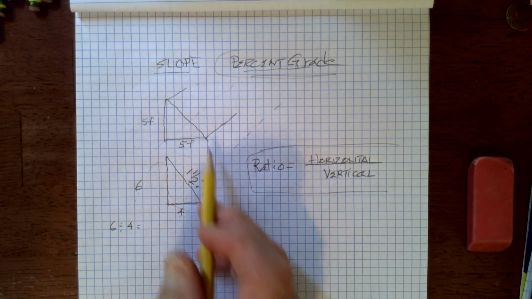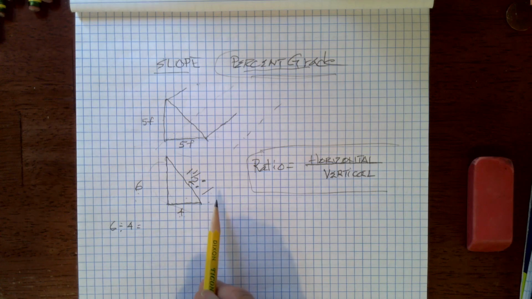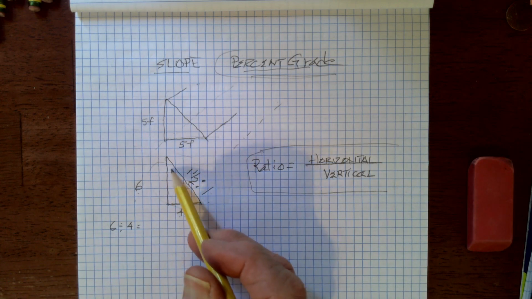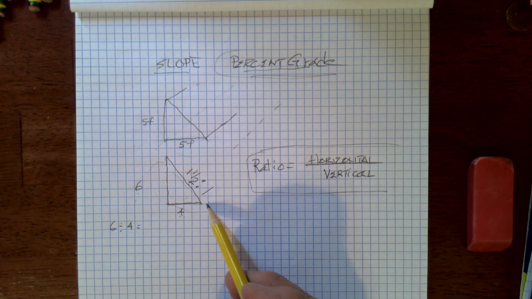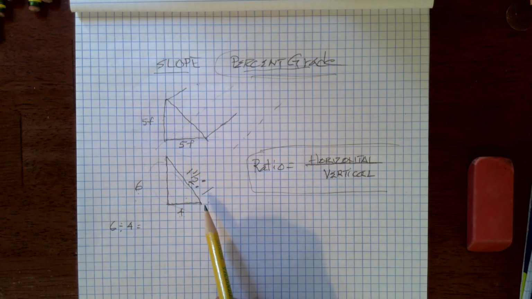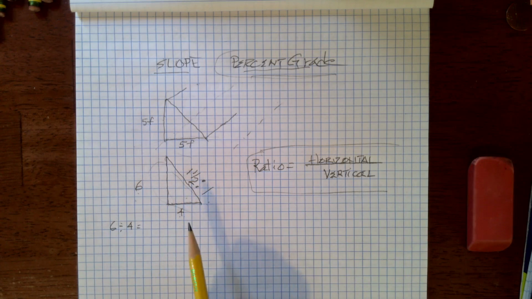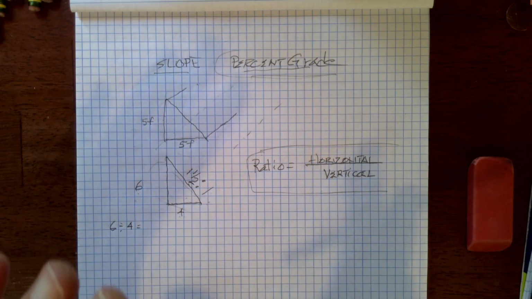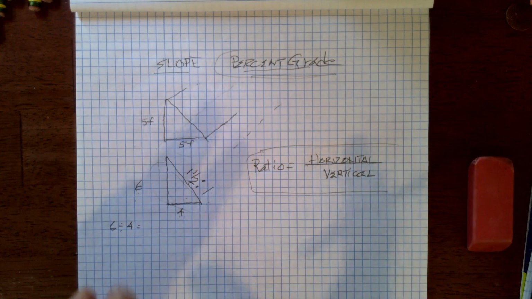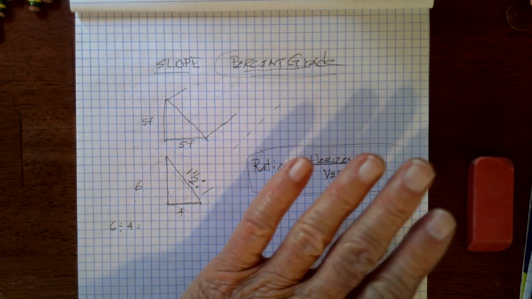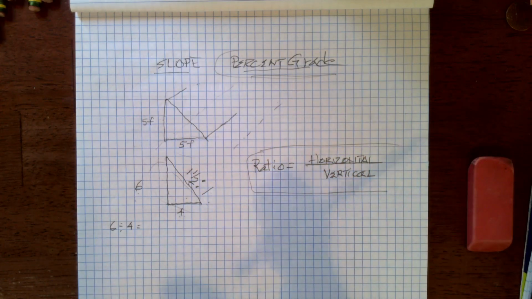So percent grade is similar to this, and it's used in the same thing, but it's used in gradients that aren't extreme like this. It's used in more or less subtle falls, like a 1% fall, like when you put in a septic line from your house to your septic tank. Probably 1% is a good fall, because if the water and sewage comes out too fast, it won't clean itself out. It'll form sediment, like in a river, on the bottom of the pipe,